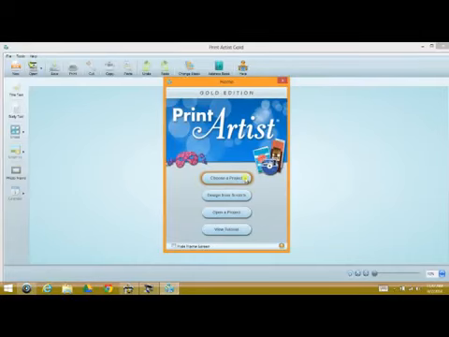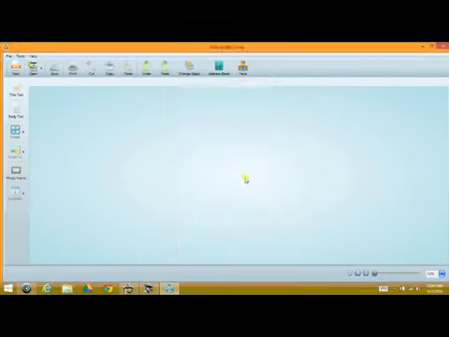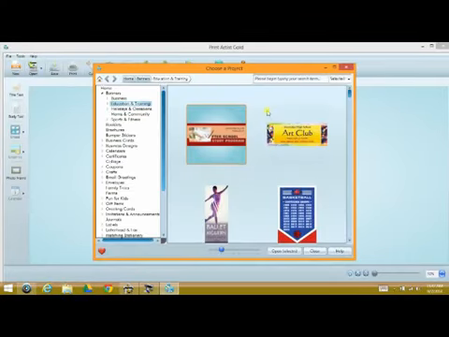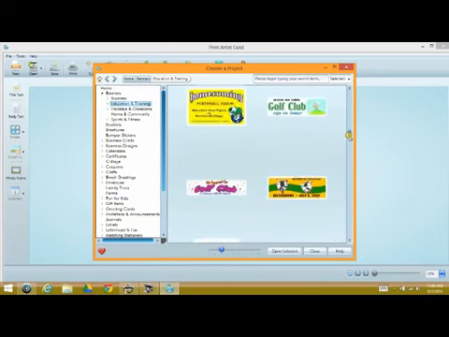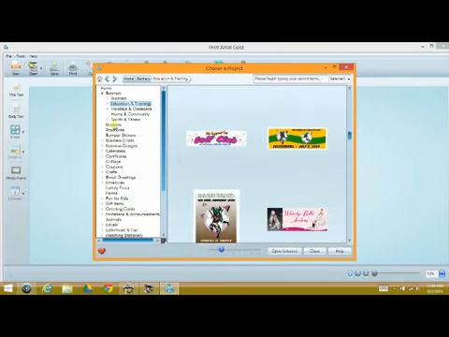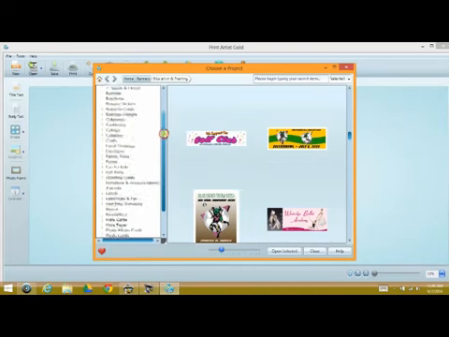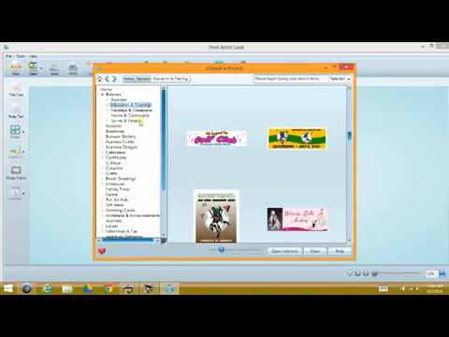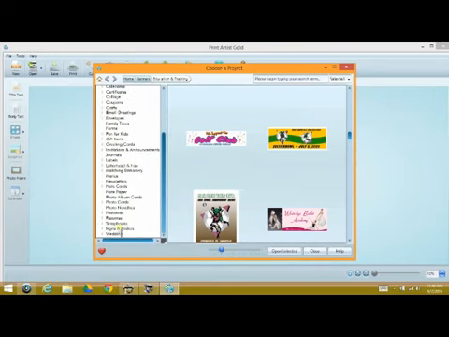So the first one we're going to do is choose a project. This brings up the program's actual templates that are created in the system. There are hundreds, possibly thousands of them that you can choose from. All these different subject matters that you can select from. These are all the different subjects or categories. So for instance, we've got banners, booklets, business designs, greeting cards, signs and posters, photo cards, whatever it may